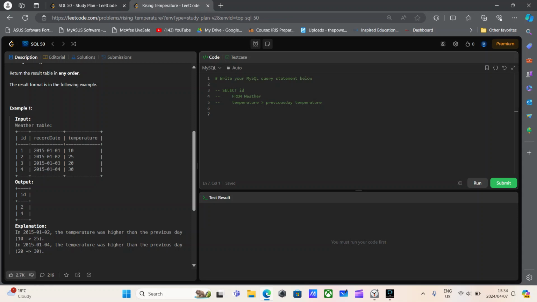We can say select w1.id from weather as w1. Just stay with me here. Yes, you can also pass an alias to your tables. And also, we can select multiple tables to pull data from. So I can also do this, weather as w2. And right now I have two tables. And if I run this,